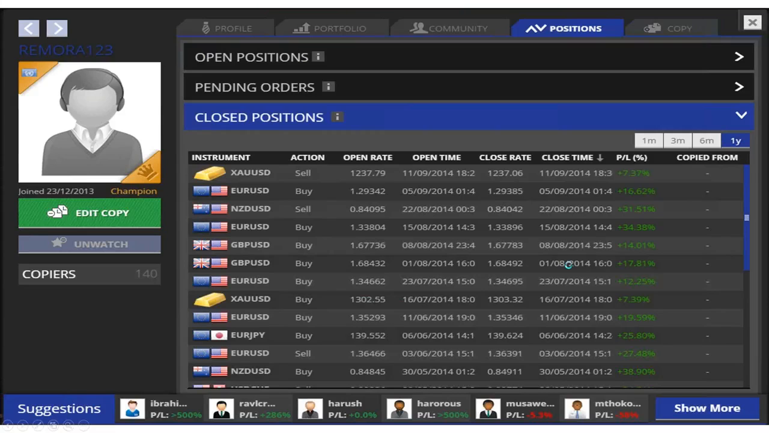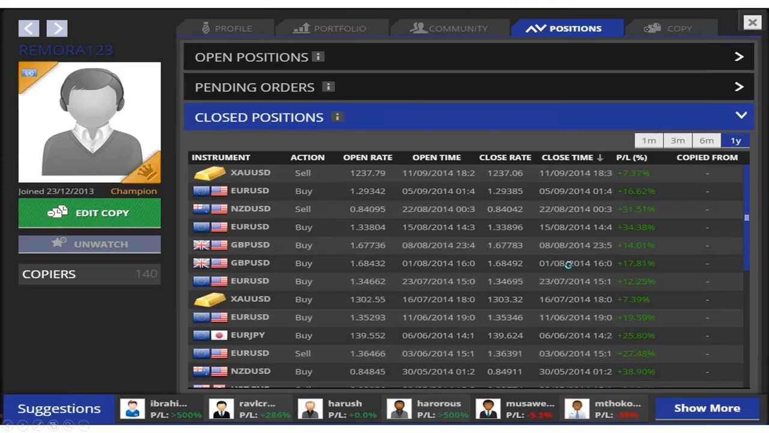So we could make Remora maybe our euro dollar trader and our gold trader. If I was to pick another trader from the system, I wouldn't want somebody who was exposed to this extent on gold. Maybe I'll flip down to 1 month like I did do, take it up to 6 months, take a look at what he trades in 6 months, and then I would be looking for another trader